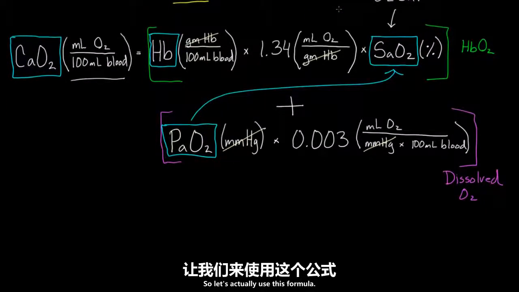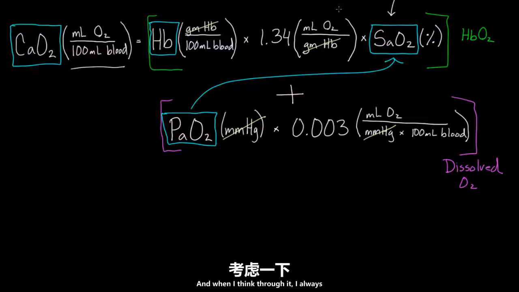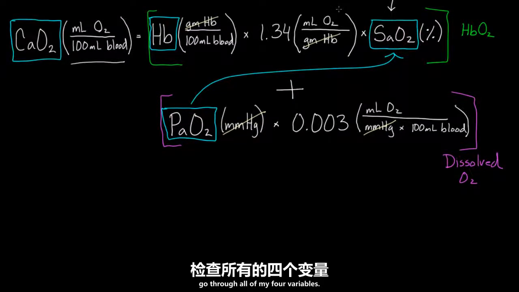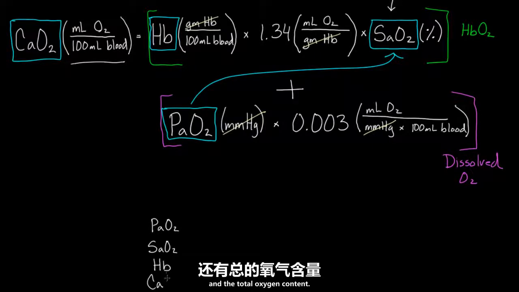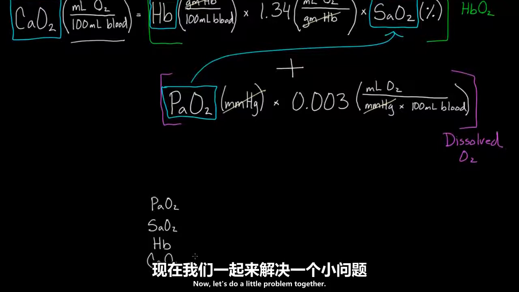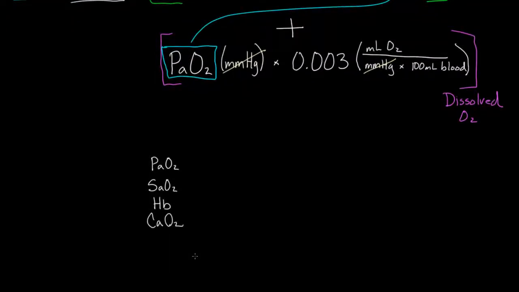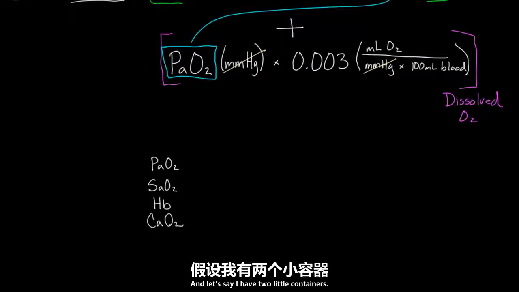So let's actually use this formula. Let's think through this. And when I think through it, I always go through all of my 4 variables. Let me just jot them down here so we keep track of them. Let's do PaO2, SaO2, and then hemoglobin, and the total oxygen content. These are my 4 variables. Now let's do a little problem together. Let me make a little bit of space. And let's say I have two